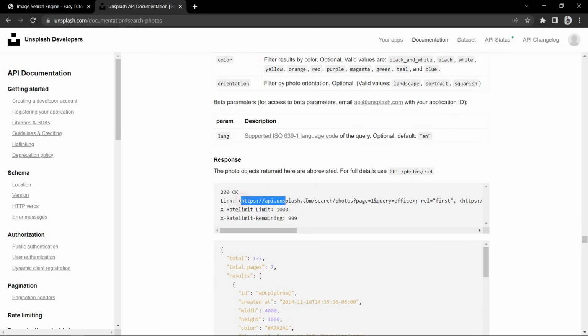So let's copy this one and paste it in our browser. So you can see authentication error, the access token is invalid. Here we have entered the API link, then page equal to 1 and query equal to office. So it should give the office image, but it is giving the error, authentication error, because we have not added the access key. So at the end here we will add